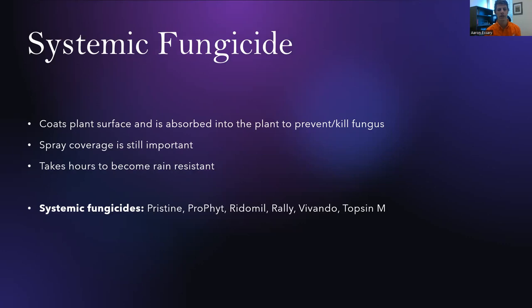And it takes hours to become rain resistant. So if it's a good dry day, kind of like today, lots of sunlight, low wind, spray a good systemic fungicide, let it get into the plant, and you're going to be pretty well protected, at least for a few weeks. Some systemic fungicides we use: Pristine, Proline, Ridomil,